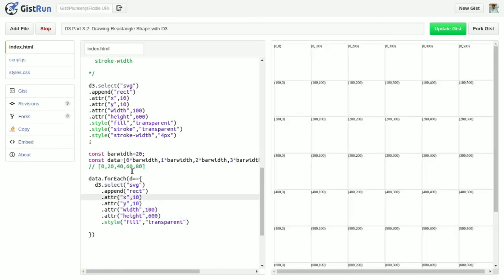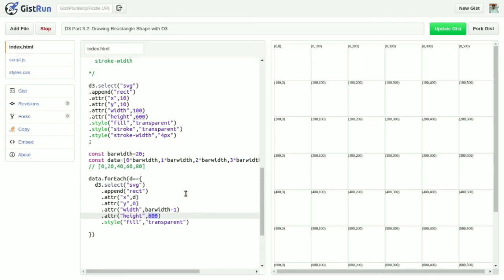So what will I do here? For X I just put D. Now for Y it will always be 0. Now for the width of the bar I will put barWidth minus 1 pixel, so you can easily differentiate the various rects.